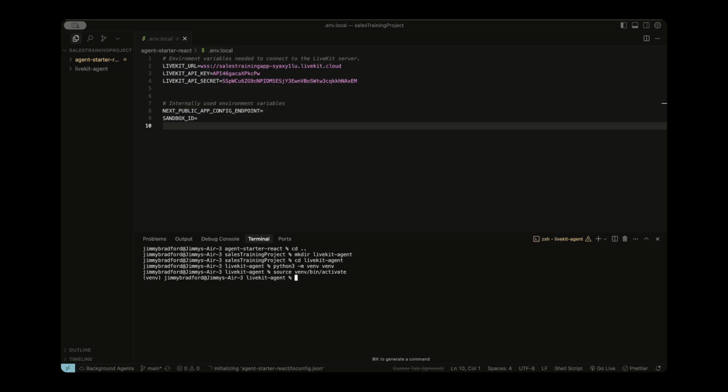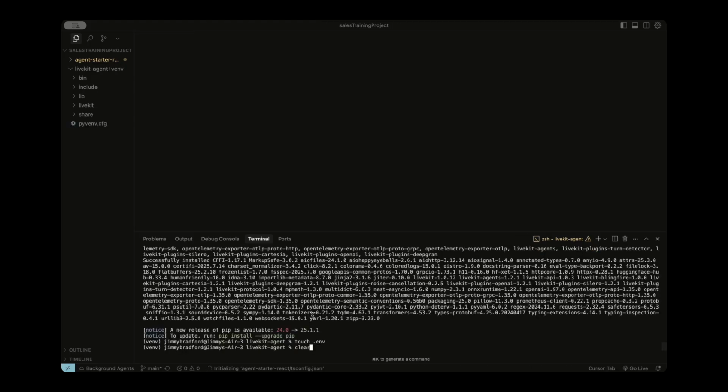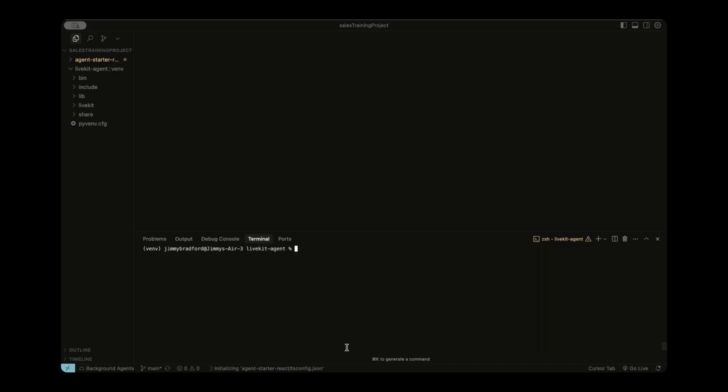Now let's paste in the command from the LiveKit docs so we can install our dependencies. Dependencies are installed. We do need to create another environment file for the LiveKit directory because we're going to be using software like OpenAI, Deepgram, and Cartesia for the speech-to-text models and transcription. So you can just run the command touch .env